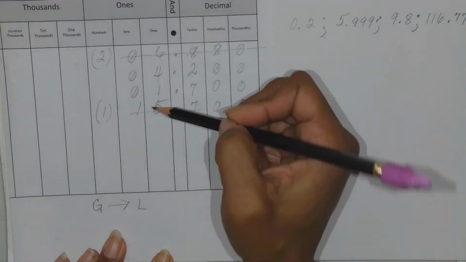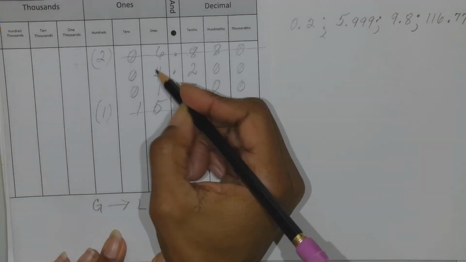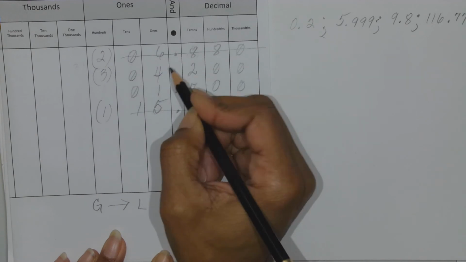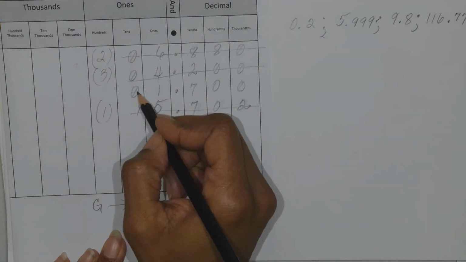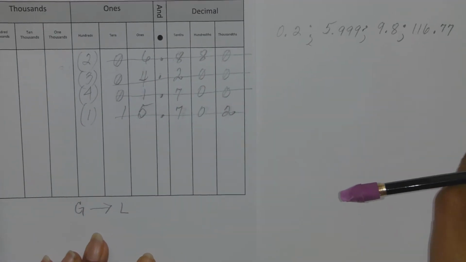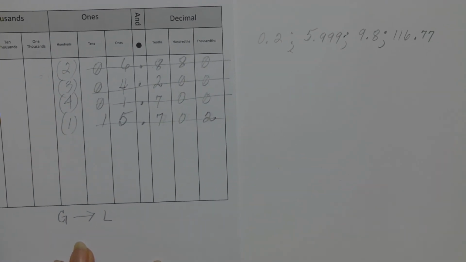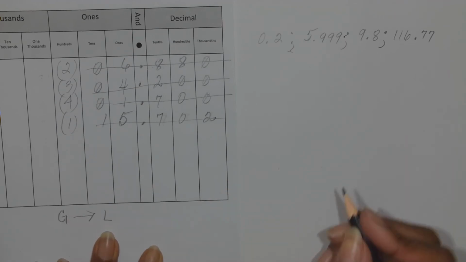We're still in the same place. We have a 4 and a 1, the largest of which is the 4, so this will be number 3. That makes this number my number 4. So when I go to place these numbers in order from greatest to least this time, it would read